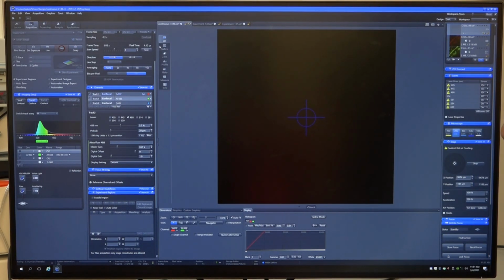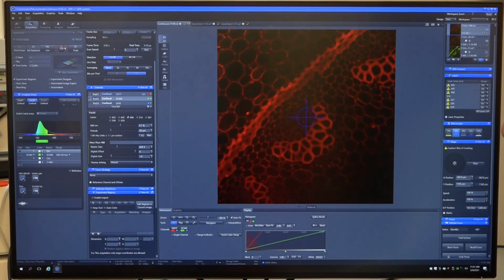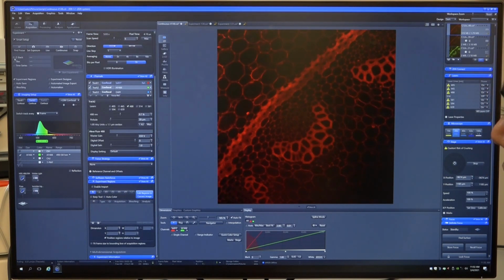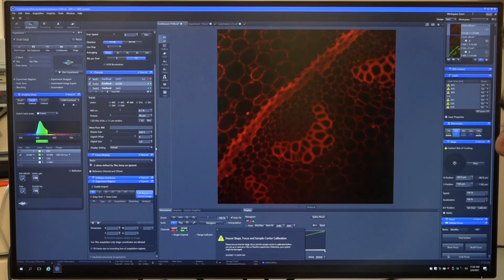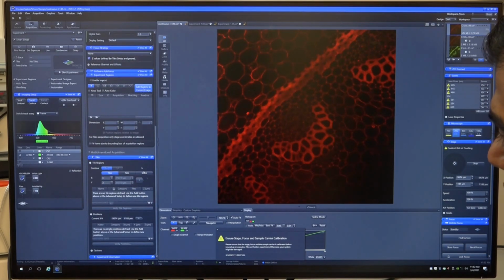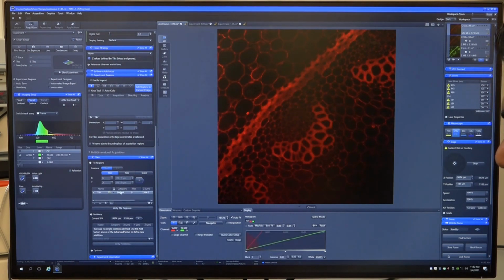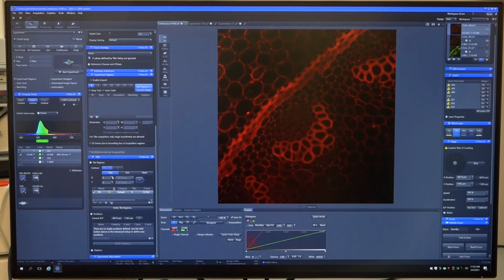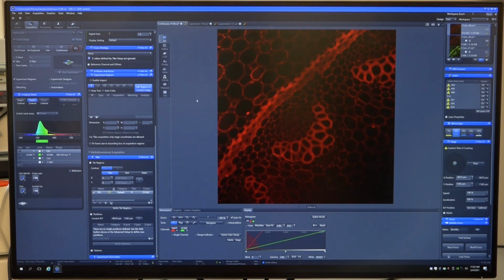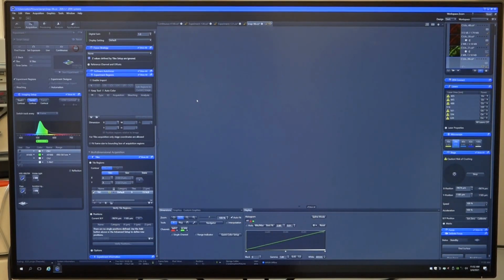this is the center. So I am focusing at this region here, and what I'll do is I can simply go and add one tile I have selected. In the tile option, you see I can select a position. So this position I have selected here, and I can have a 3 by 3 matrix for tile and stitching. Once I have done this, I will do stitch and it will take a stitched image.